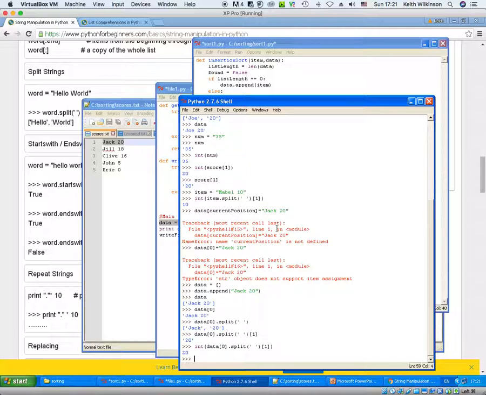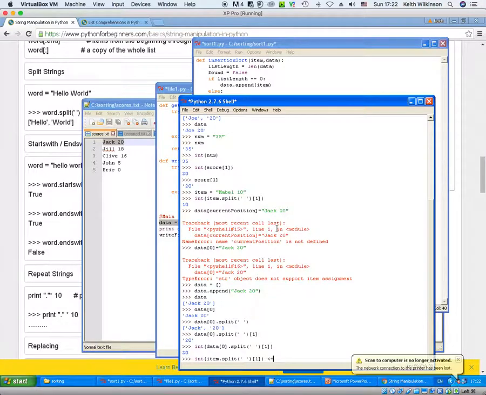So I've got int item dot split on the space, first position in that array is